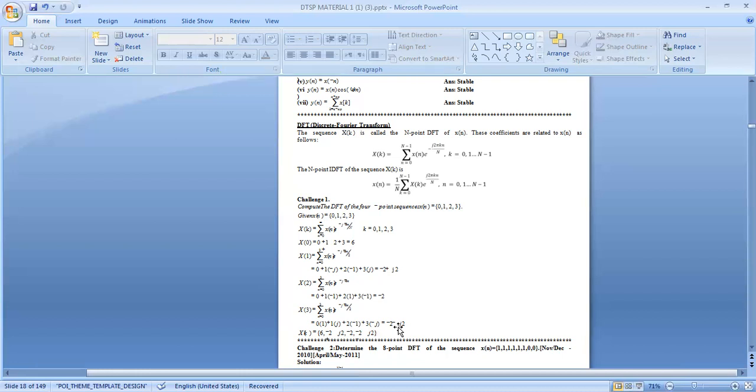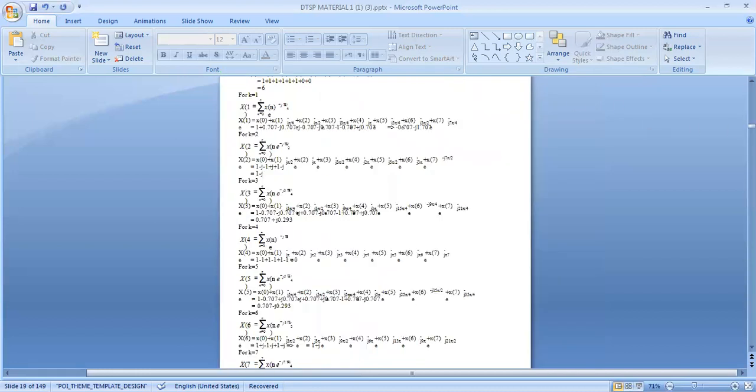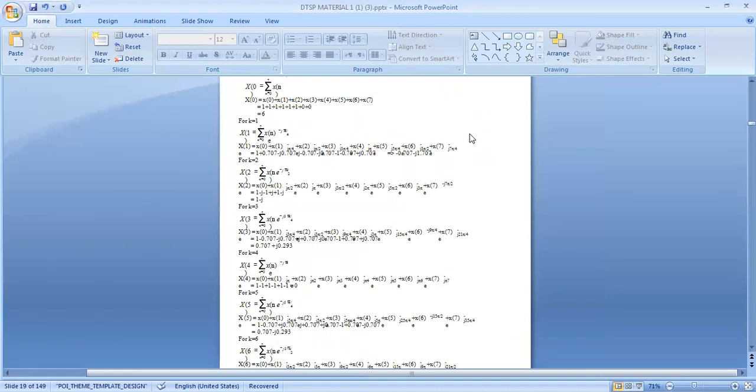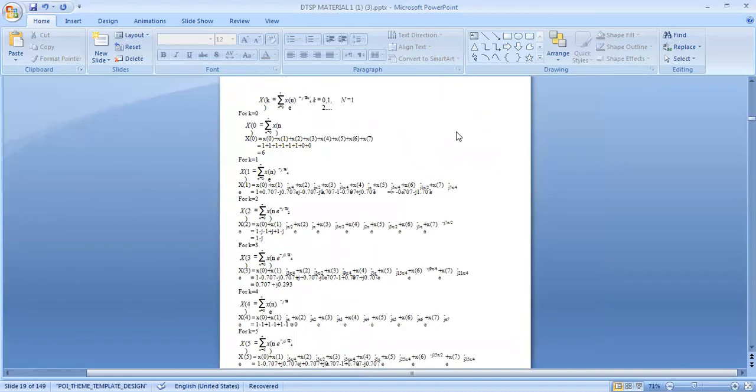Okay, we shall see the next problem. So this is the problem over here. Okay, what is given here? So we'll have the formula for the 8-point sequence. X of k is summation n equivalent to 0 to n minus 1, so n minus 1 is nothing but summation 0 to 7 of x of n e power minus j pi n k by 4 over here. Okay, so k value will be varying from 0 up to n minus 1.